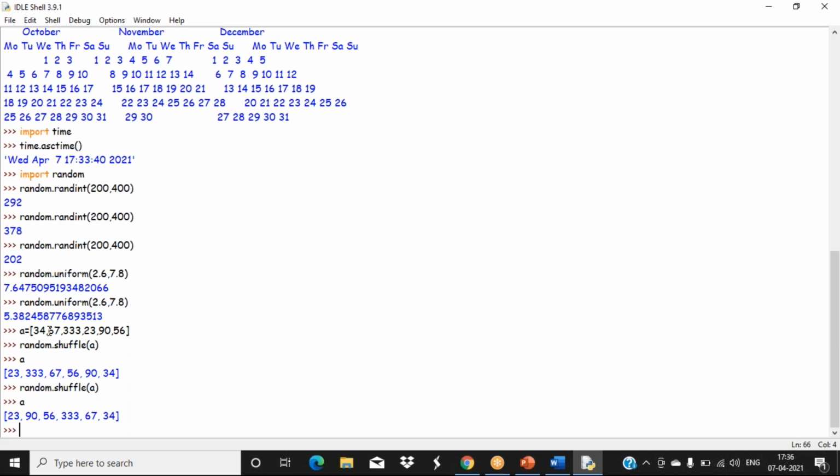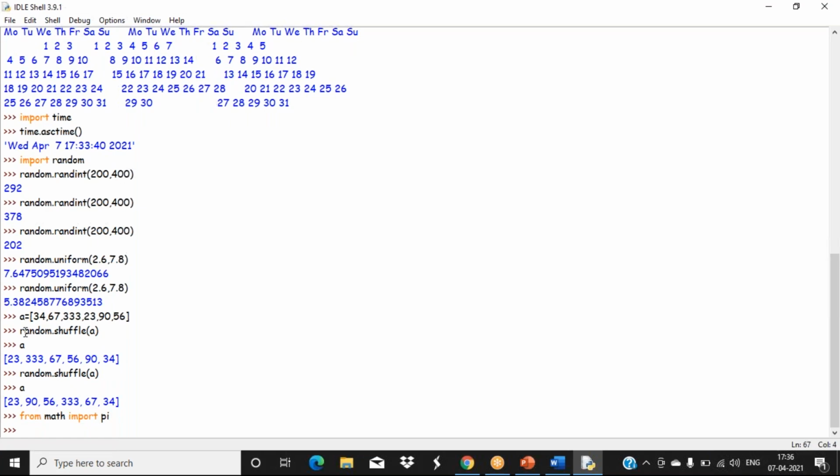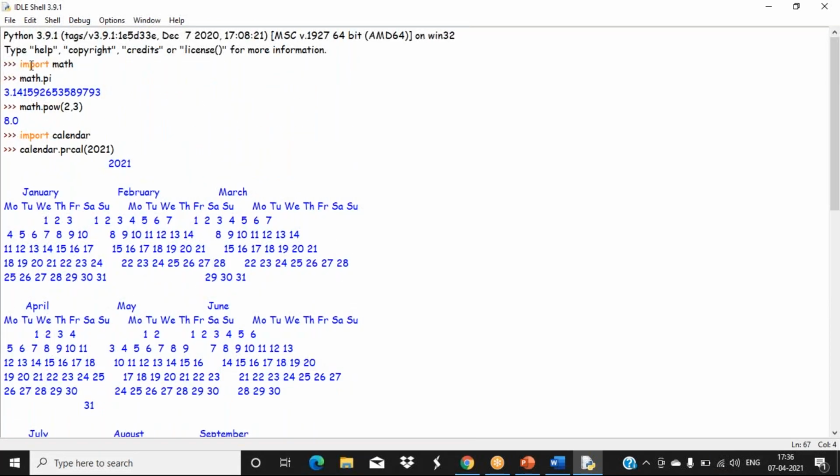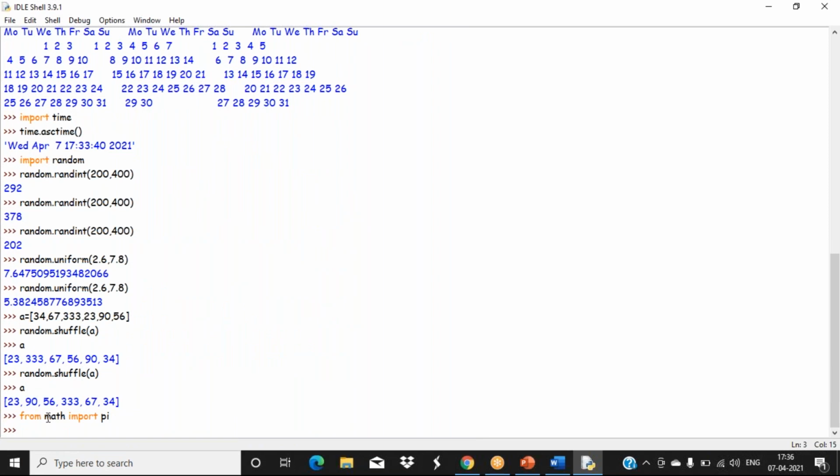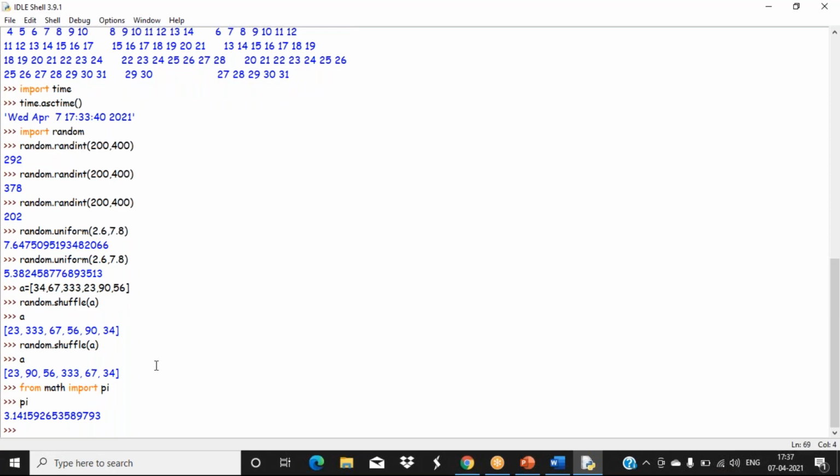How to use them? The import keyword, we have used it. Now, how to use import in a different way? From math, we say import pi. In this syntax also I can use it. One syntax I used is import math, or else we say from the module math import only the built-in value, which is pi. Then if I want to use pi, no need to type math dot, you can directly type pi.